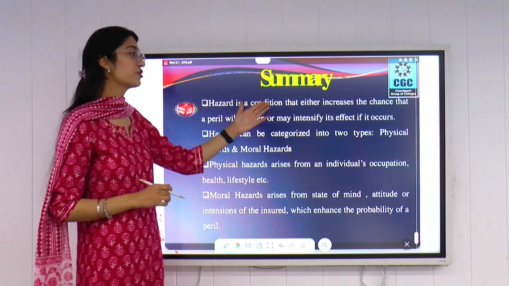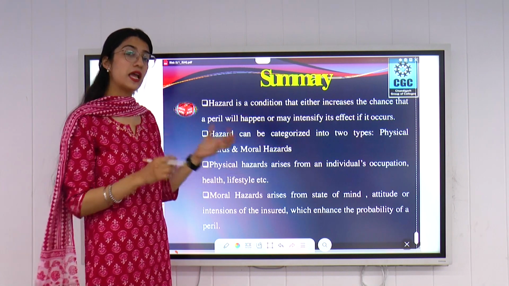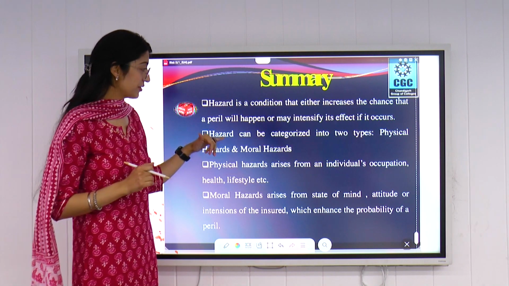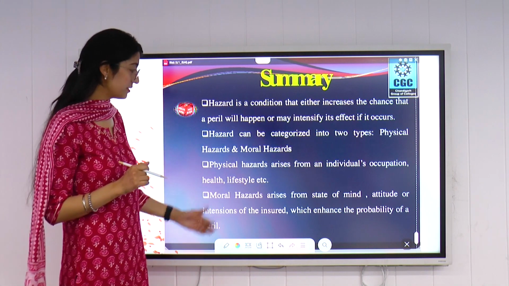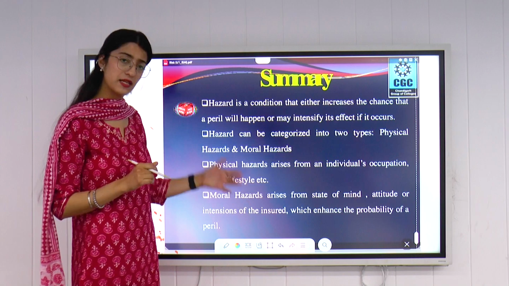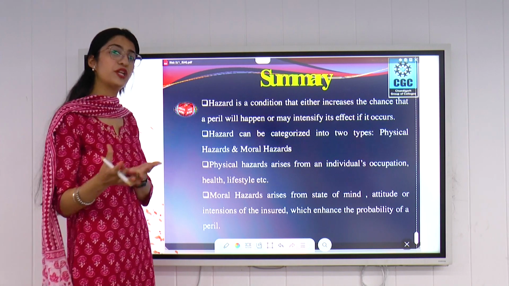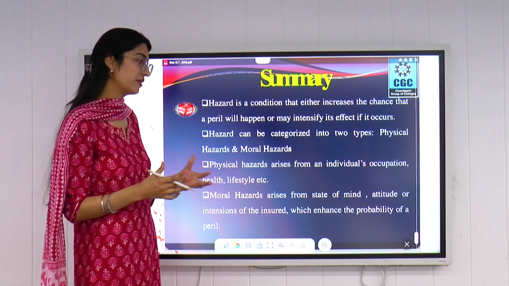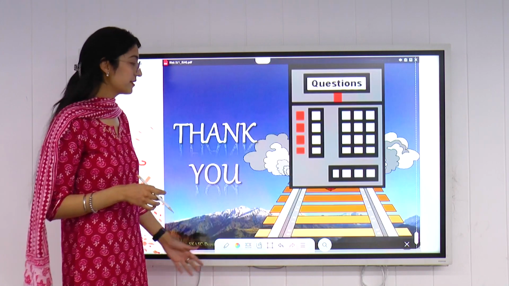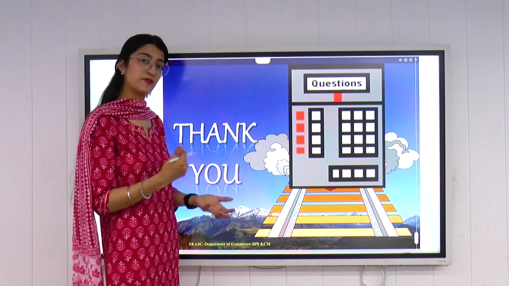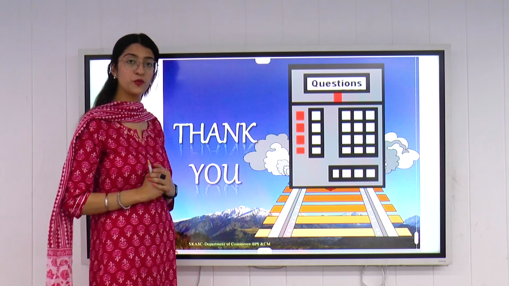And hazards are conditions which will intensify the happening of those events. So hazards can be categorized into two categories: physical and moral hazards. Then we have discussed physical hazards, which may relate to the individual's occupation, and moral hazards related to the mind and attitude and behavior of an individual. So, and then we have discussed risk management techniques. Thank you so much. I hope you are clear with the